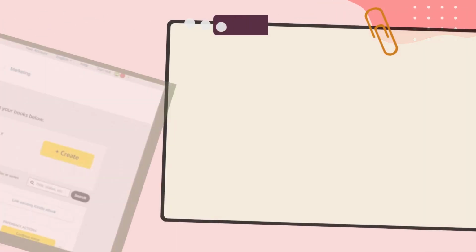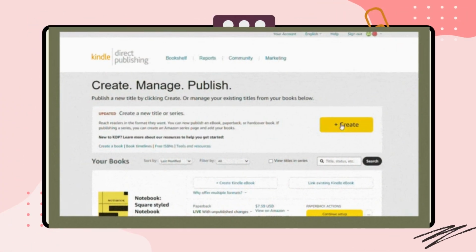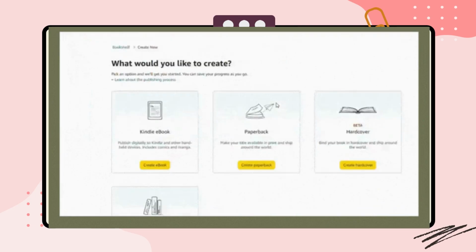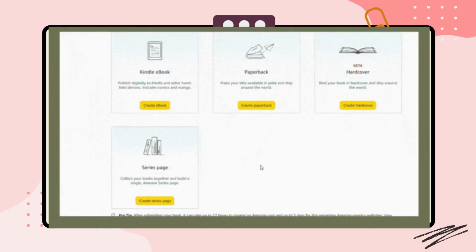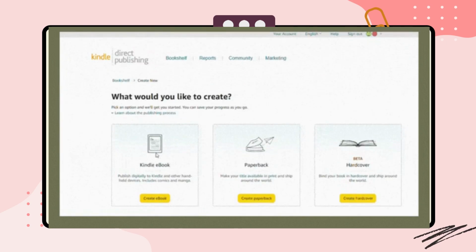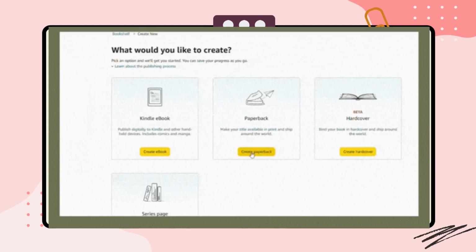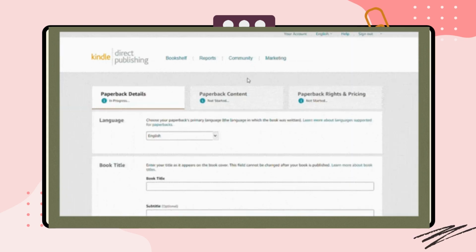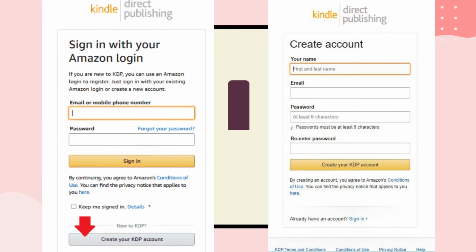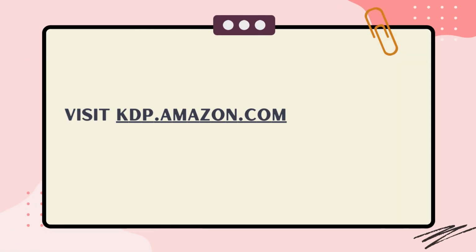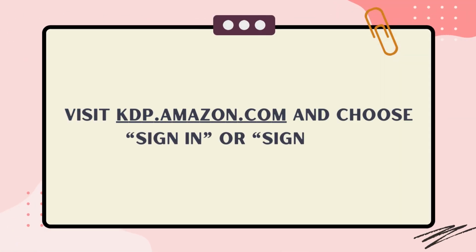Having said that, this is what Amazon KDP interface looks like. As a beginner, it might seem a bit too much for you, but don't worry, you will be fine because I will walk you through the entire process. Even if Amazon updates its website tomorrow, I still believe the process will remain the same, or maybe just a little change. So if you're yet to sign up, just go to the Kindle Direct Publishing website and click on the sign up button. And when you're done with that, now you can start uploading your books.